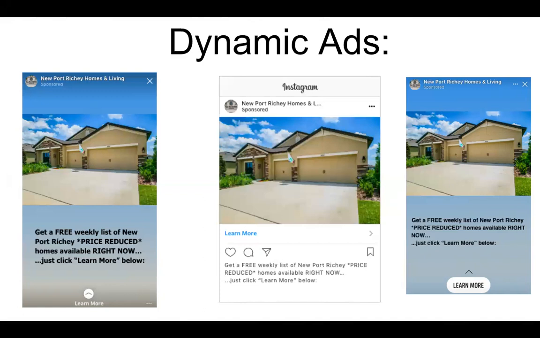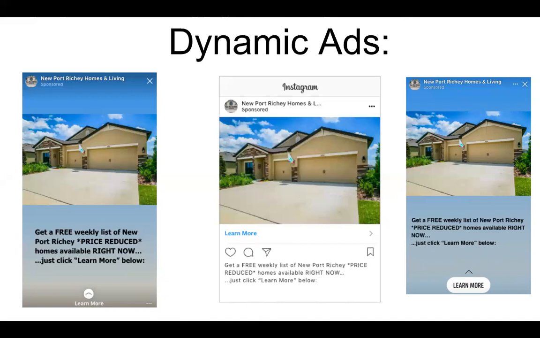Really powerful and really easy to do when you understand some basic principles and you know what buttons to push and what not to push, that kind of thing. So these are just some screenshots of Jim's actual ads for his dynamic appointment acceleration buyer campaign, or accelerator buyer campaign. Okay.